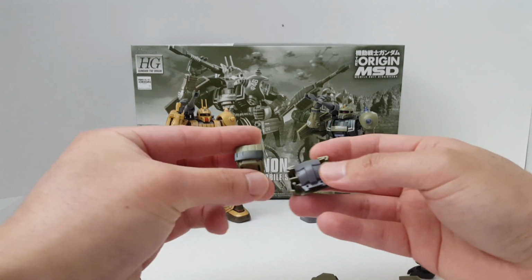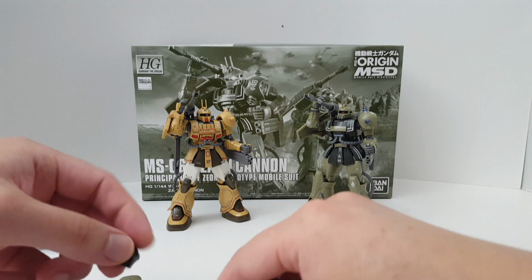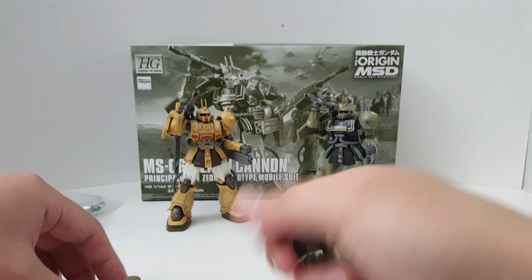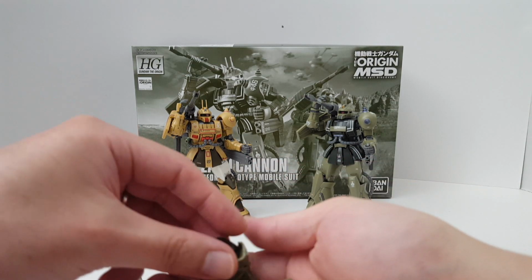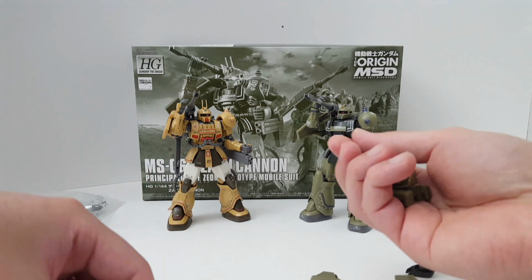I also got this extra chest piece right here. Yeah, I mean, if you have leftover parts, you can really utilize these. That's what I'm actually gonna do. I'm gonna try to build a Zaku using all the leftover parts I have. I have built over